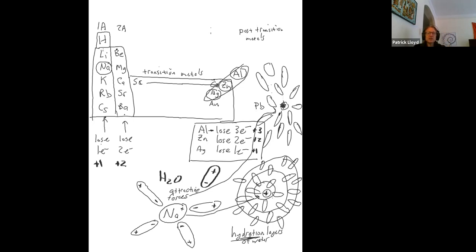So the reason that a swimming pool is dangerous in a thunderstorm is not because the water conducts electricity. It's because the ions like sodium that are dissolved in the water are the ones that actually conduct the electricity. But they're given mobility because they're in liquid water, which moves them around. Okay. So when we look at compounds that have these metal ions, so for example,